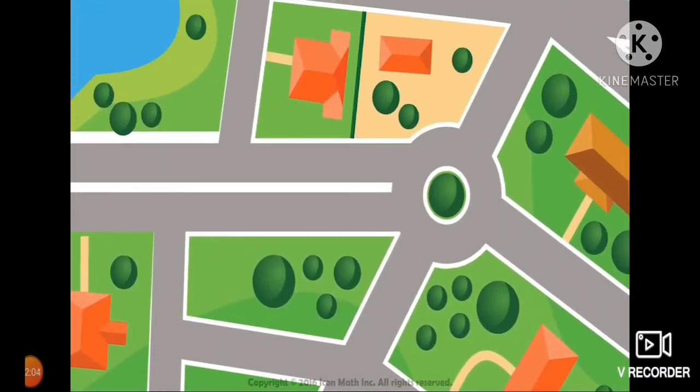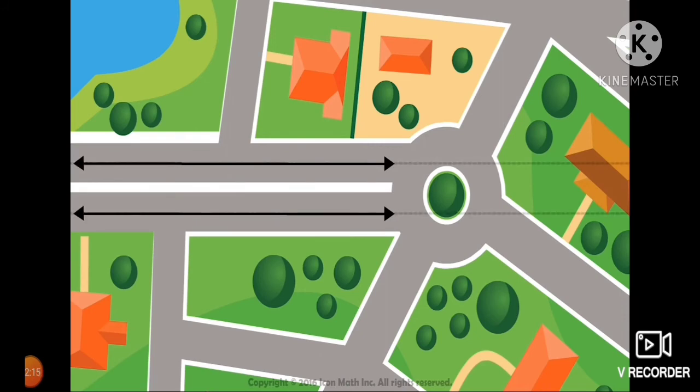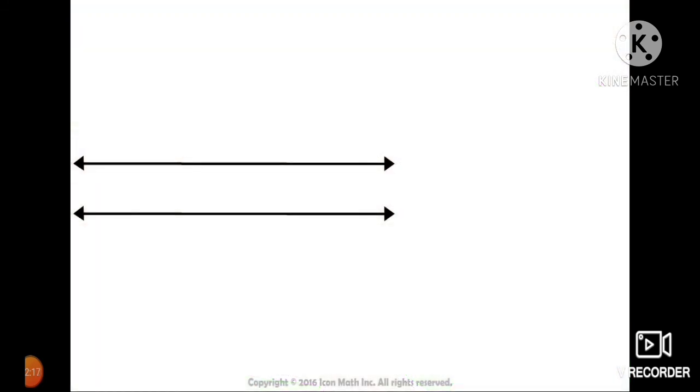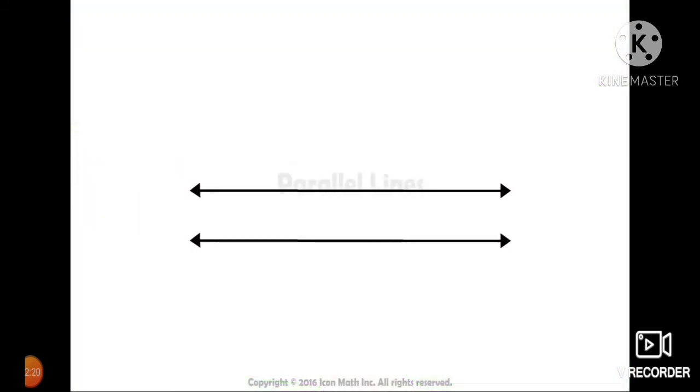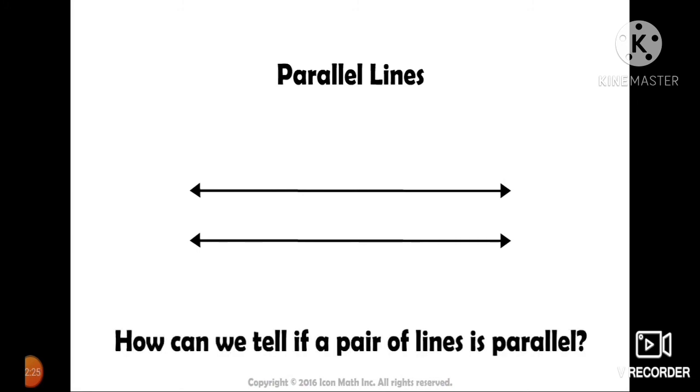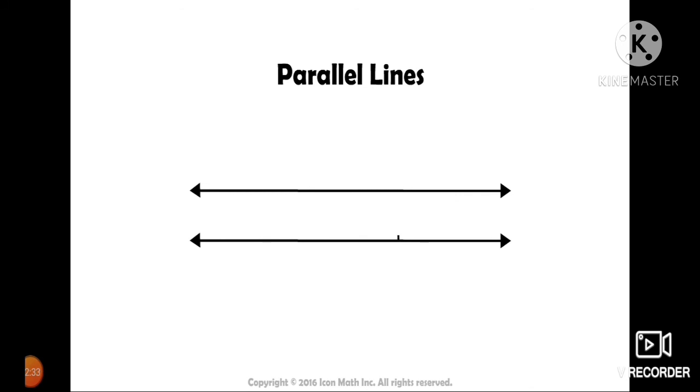Next, let's go with another important one, parallel lines. This figure is an example of parallel lines. You must have seen railway tracks, right? The two lines of the track never meet each other. So the tracks run parallel to each other. How can we tell if a pair of lines is parallel? If you extend those lines, they never meet at any point and they are at an equal distance from each other. The symbol of parallel is two parallel lines.